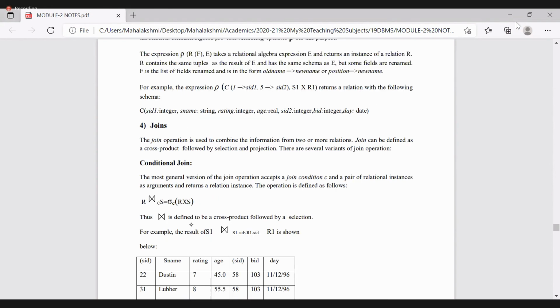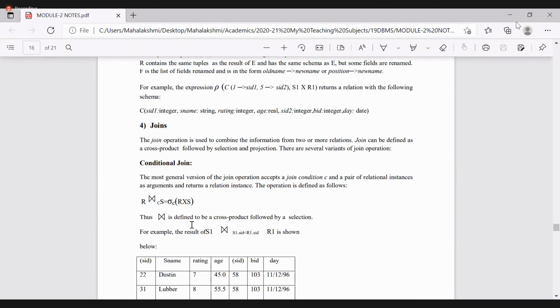Suppose in the first table there were three records and in the second table there were two records, then you will get the cross product as a result. But here you will specify something along with the cross product. This is the cross product symbol, but for the conditional join you will have some condition after the symbol.